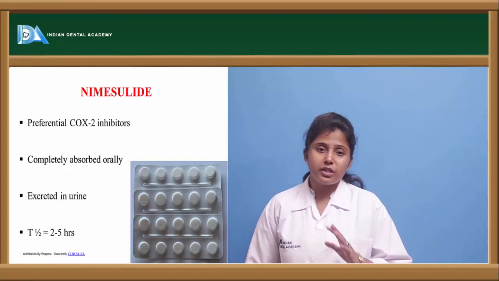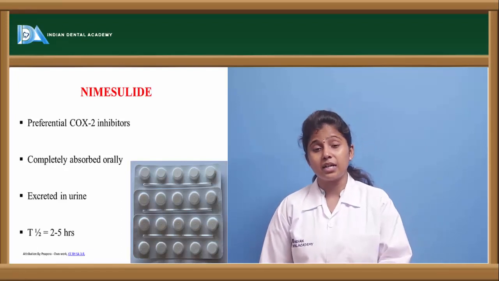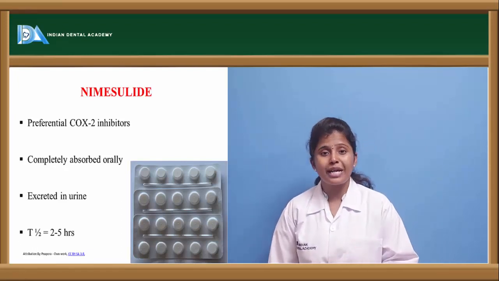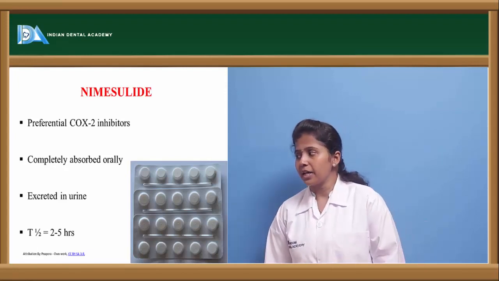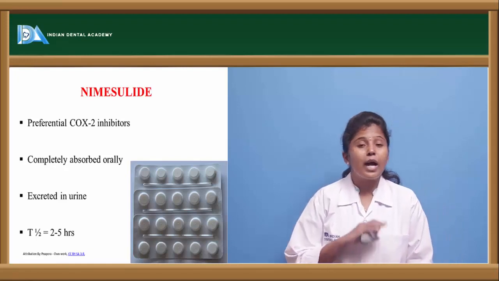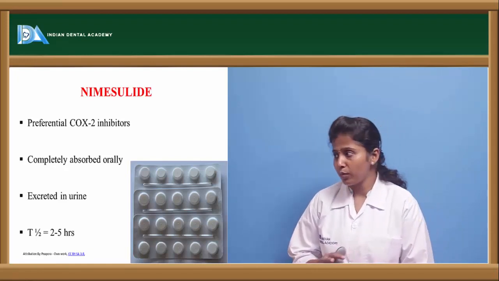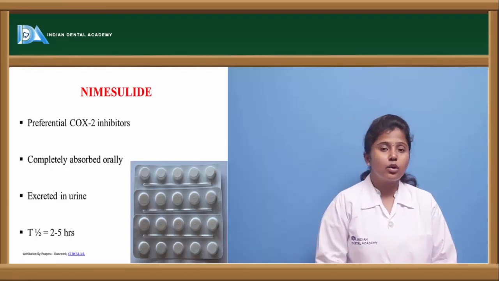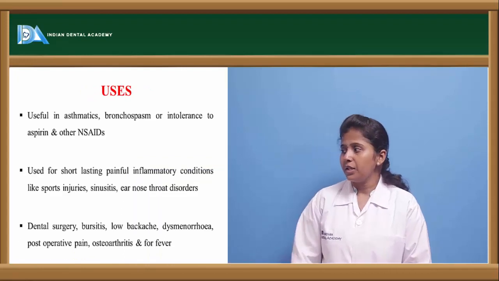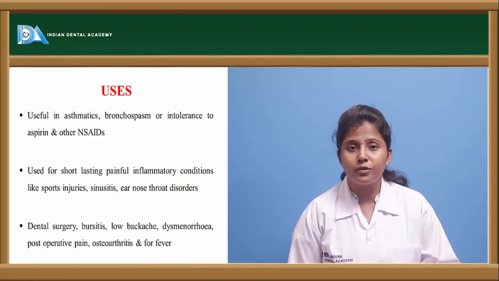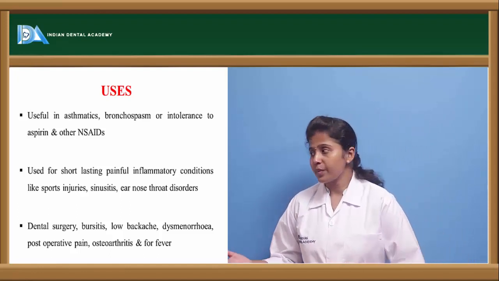This is a preferential COX-2 inhibitor. In the sense, it has greater affinity to the COX-2 enzyme when compared to the COX-1 enzyme. It is given through the oral route, and on the oral route it shows 100% absorption, and it is excreted in the urine, and it shows a plasma half-life of about 2 to 5 hours. And the uses of Nimesulide include relieving the pain in bronchospasm as well as